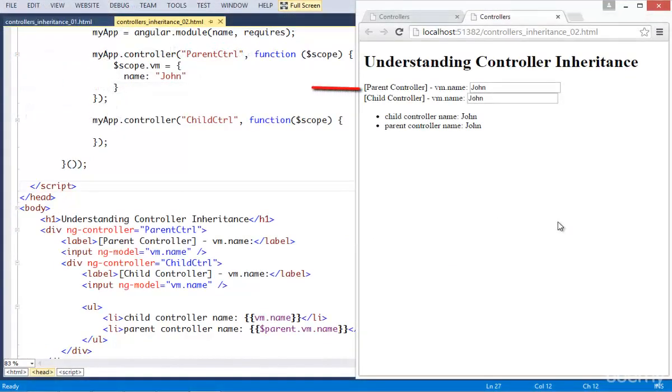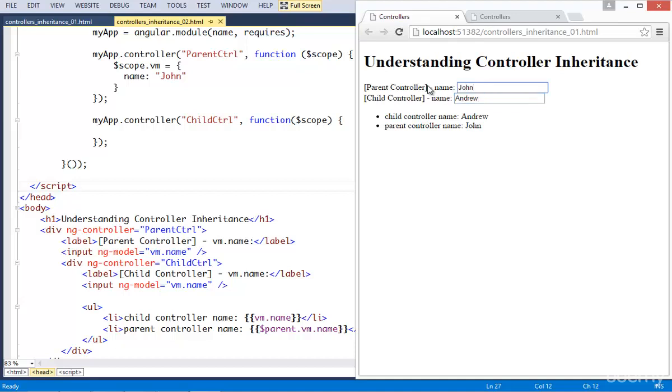the parent name is coming from the parent vm.name, and as the child does not have vm.name, it's getting it from the parent scope. Now if I change the parent name, all names are changing. And if I change the child name, whoops, what's happening? It's not redefining the child value, but changing the parent as well. You can see if I refresh my previous example and enter some name in the parent, the child is adapting the name. If I change it in the child, nothing is happening to the parent, but it's redefining that value in the child scope, and they are disconnected now